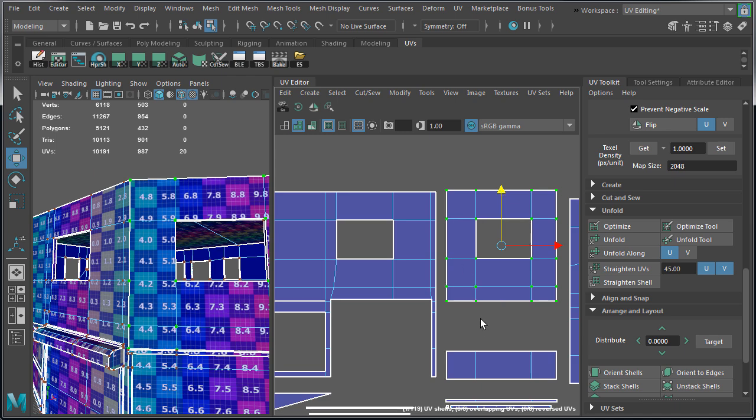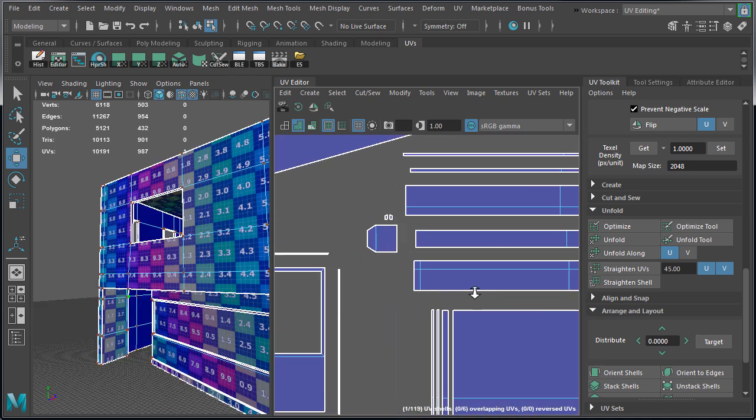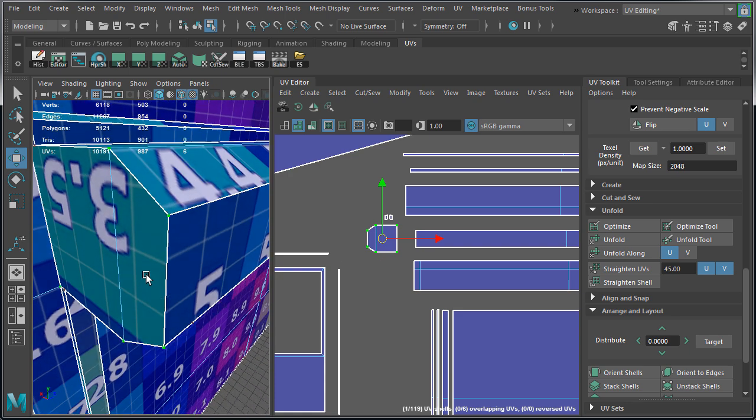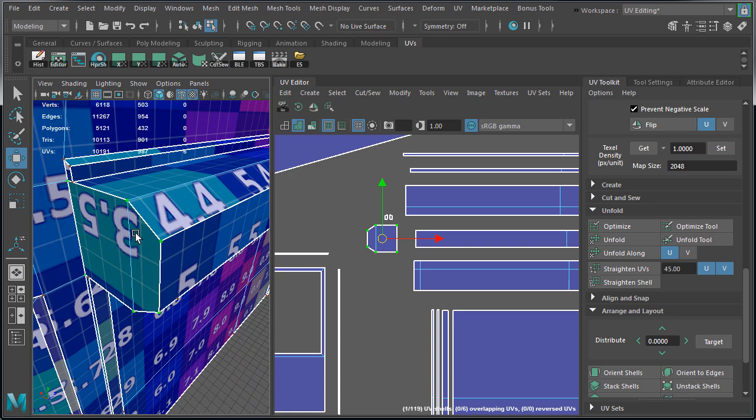Next, we're going to focus on something very important. We want to orient UV shells so the numbers are facing the right direction and they're not upside down or rotated 90 degrees. This will make texturing a lot easier to work with. We'll be using Quixel Dedo to texture our mesh, and in that software you're able to directly paint on the 3D mesh. So let's say we wanted to paint some dirt on top of this garage door holder, and this